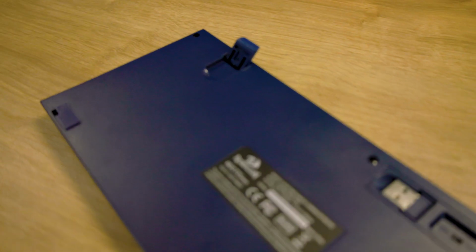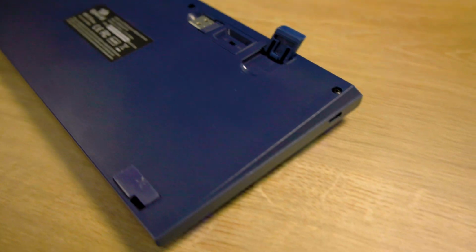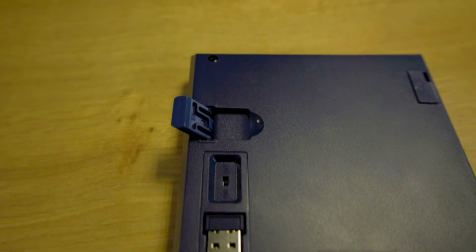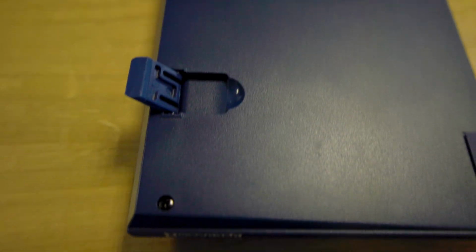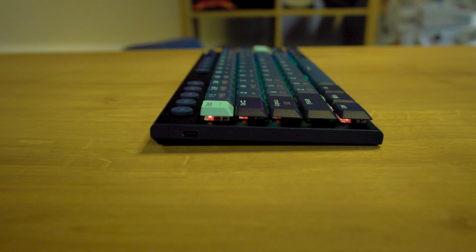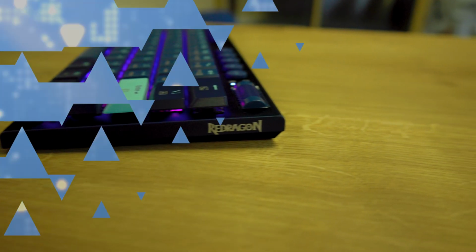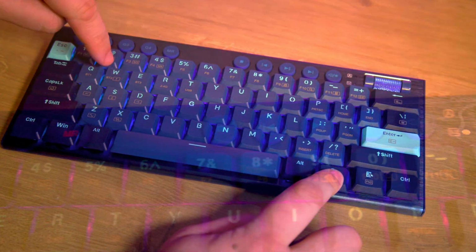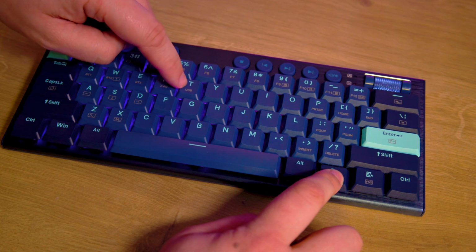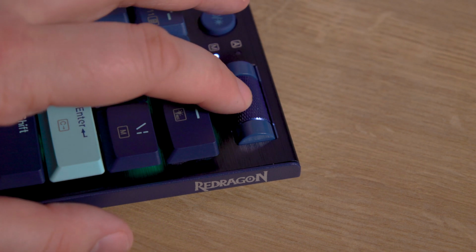The base of the keyboard houses a Wi-Fi adapter, ensuring easy storage. There are 4 anti-slip feet and 1-step adjustable stands with non-slip ends as well, along with a power on-off switch. The USB Type-C connection point is neatly tucked to the left side of the keyboard, while the branded logo graces the right-hand side. On the top we have some dedicated macro buttons and media controls, a nice addition for gaming or media consumption. There are 2 LED indicators for caps lock and connection mode, and a volume wheel that offers